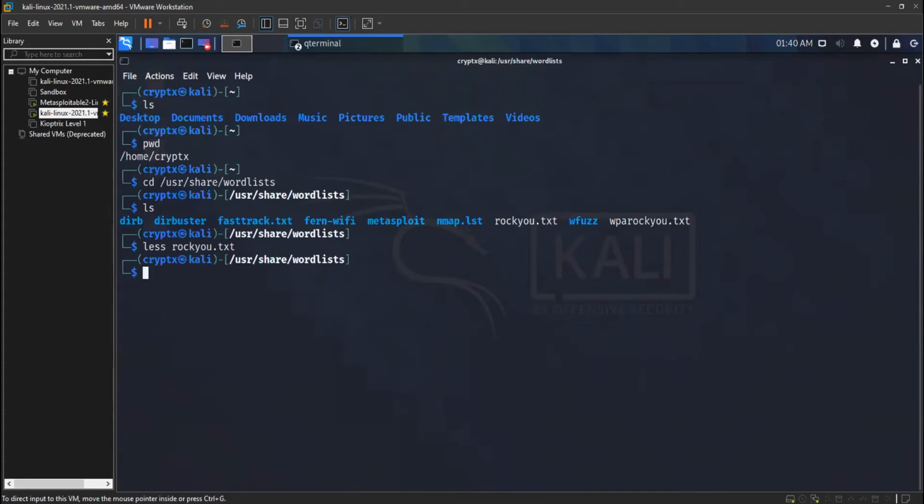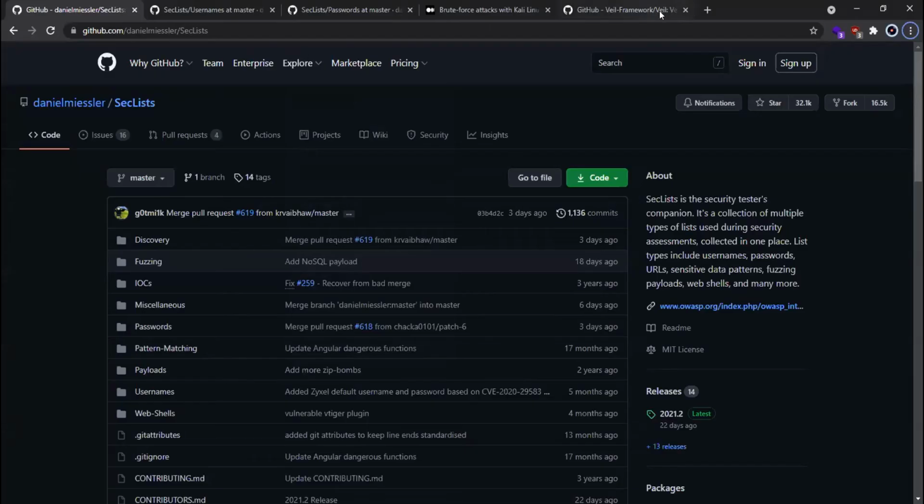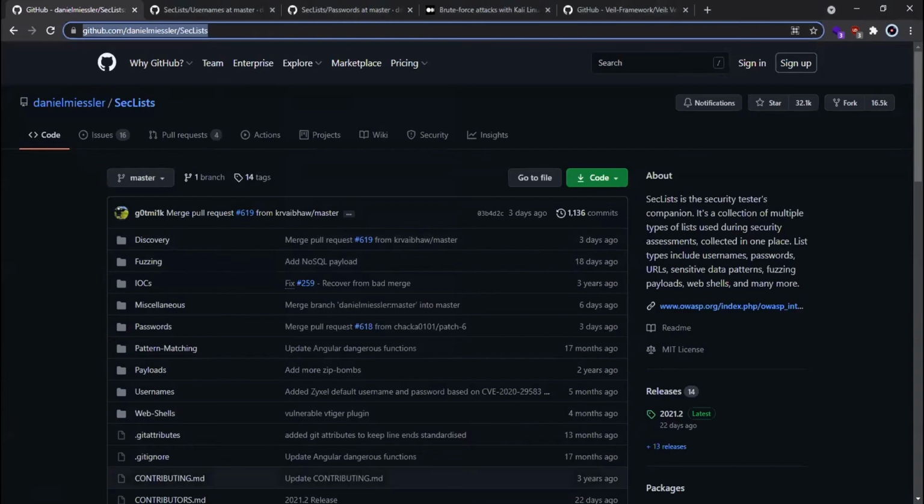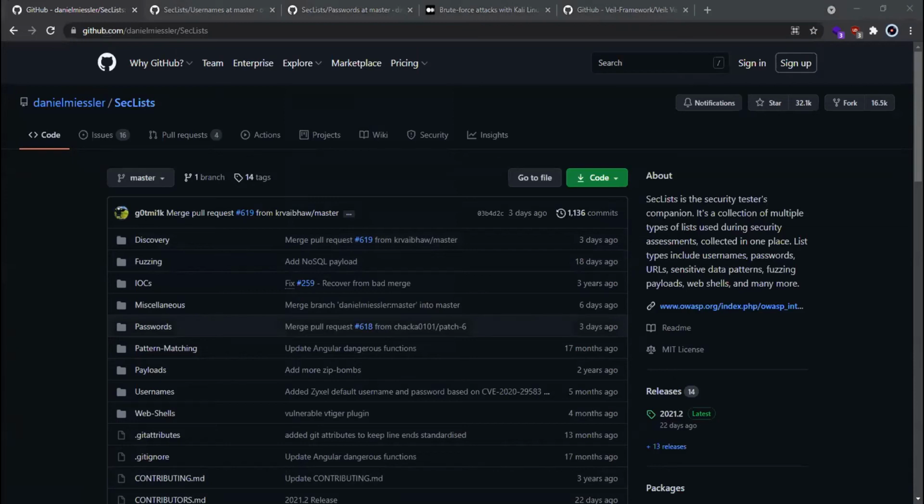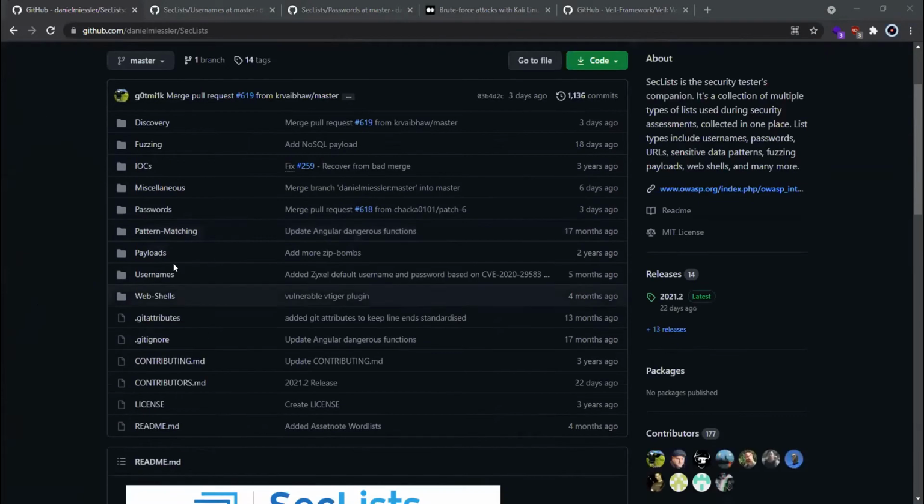Somehow you don't have it. So there is this GitHub link, which I'll share with you. On this GitHub link, it has various other things other than passwords. There's a folder here, passwords, and a folder here, usernames.